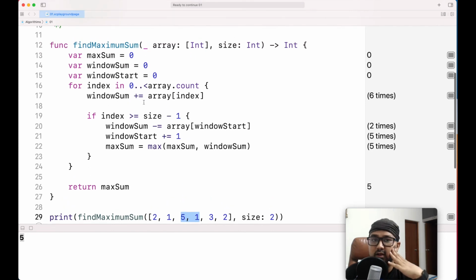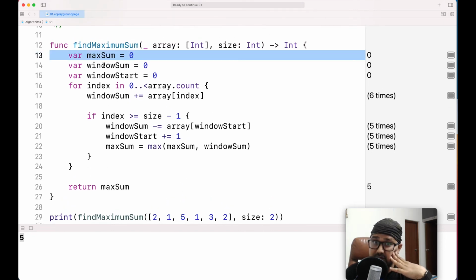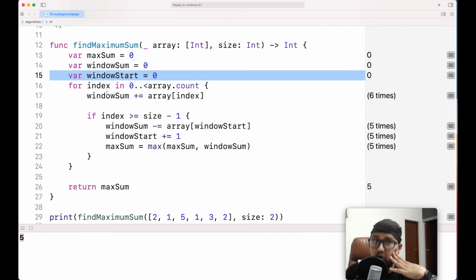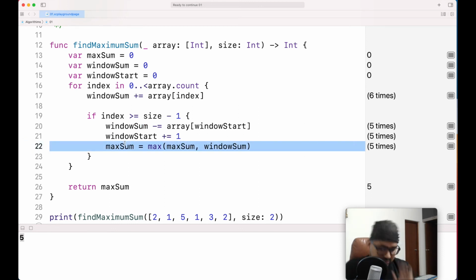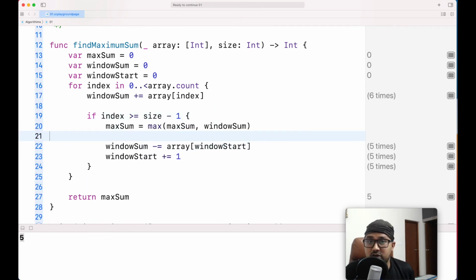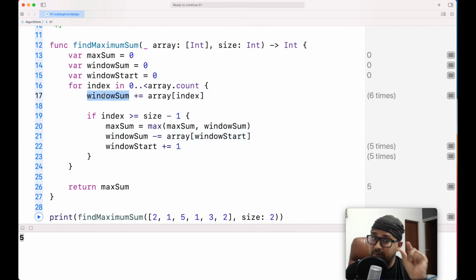So we'll see what we are doing wrong. Let's run. What we are doing is we take maximum sum, we take window sum, and then we say window start. Okay, these are all good. Here we calculate window sum. When we come here, we have a previous window sum, correct? Here what we are doing is we are subtracting it before. So the order is not right. We already have a previous window sum, correct? We need to check if maximum sum is 0 and window sum is there. So the initial sum is not even saved. We are already subtracting and then trying to save it.